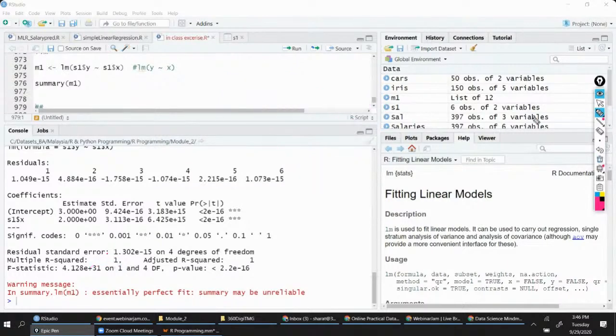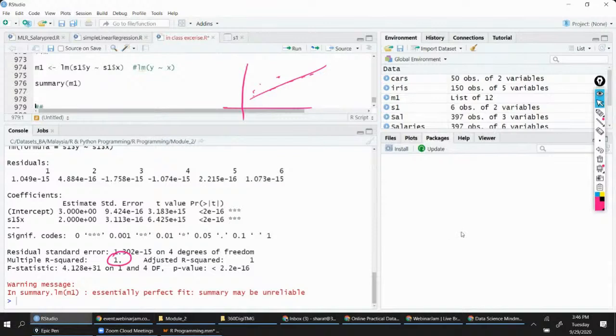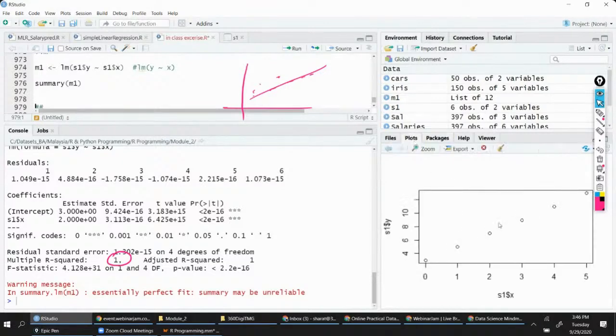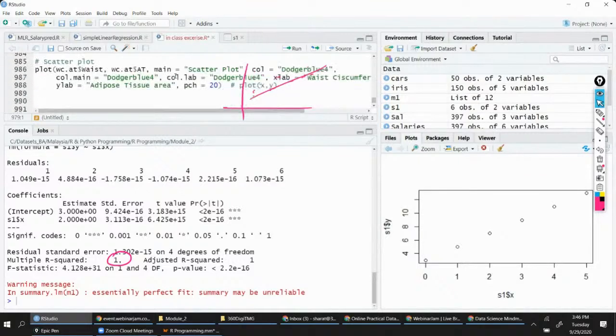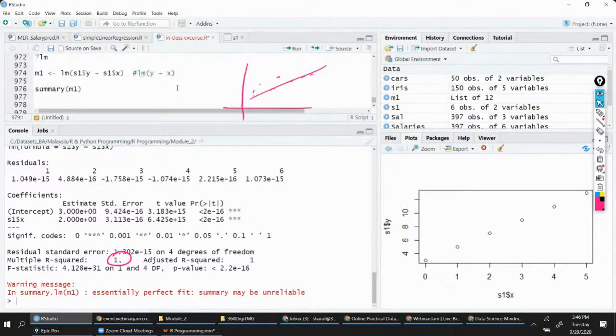So we're able to capture that variation. You can also imagine that this is the goodness of fit. That means if you have data, how much percentage of the data is falling on this line, the equation that we came up with? And you can see that 100% of the data is falling on that line. That's what we have seen right here. 100% of the data will fall on that particular line. So that's basically your equation. But what you need to understand is,